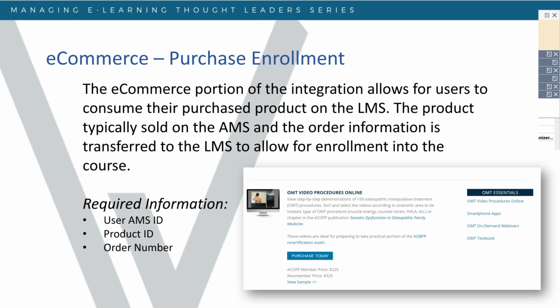All right, so the second piece of the integration is the e-commerce and purchase enrollment. And I'm going to let Chris talk about this. Thank you. Yeah, so the purchase enrollment process is where the learner will place an order for the product on the AMS to be consumed by the LMS. And the typical implementation is that a course is set up in your website store and within the LMS. And then the user will then view the course options on your website to actually make that purchase. During the checkout process, your AMS will then tell the LMS who the purchaser is and what items and courses